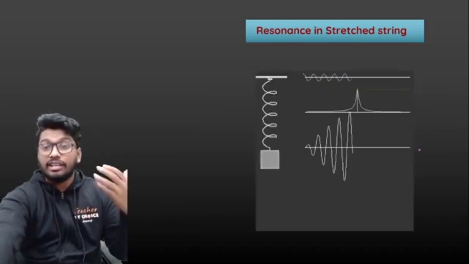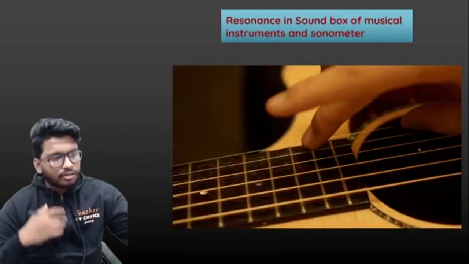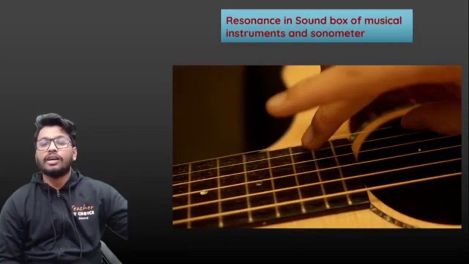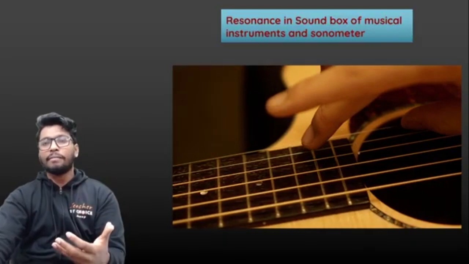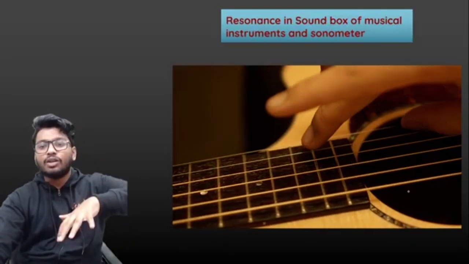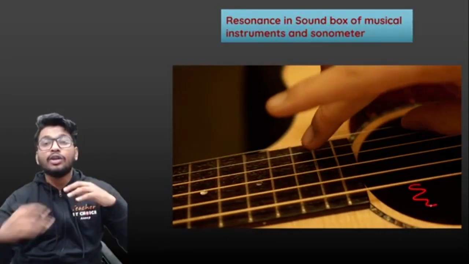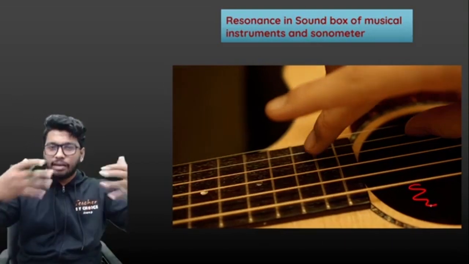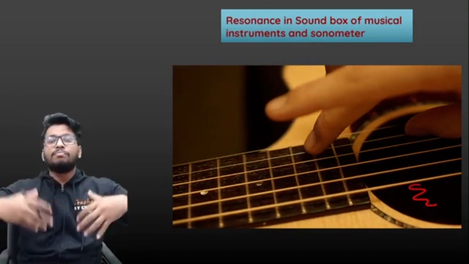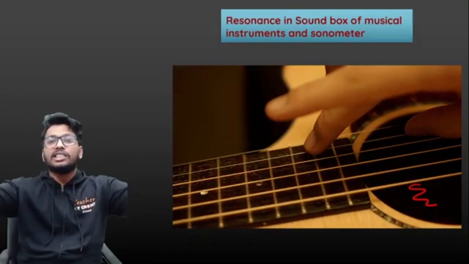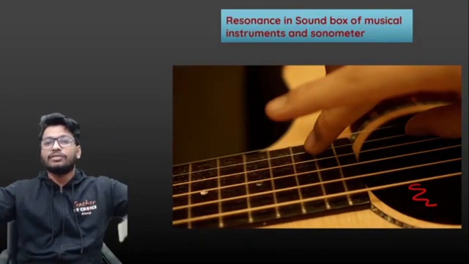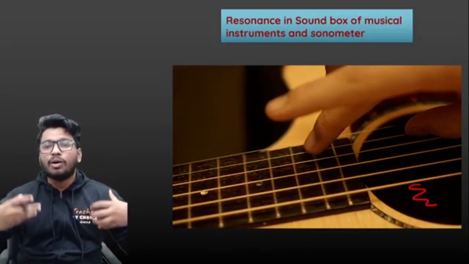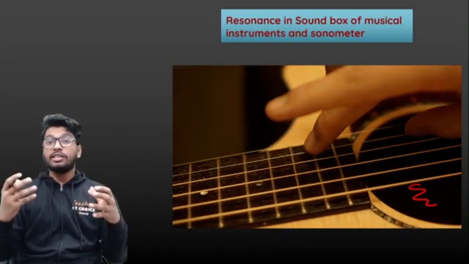Apart from that, you can see it in the case of stretched strings, in musical instruments, like the guitar. Here what happens is the string starts to vibrate the air particles below. The air particles inside that box, like I just told you, start to amplify that sound because the vibration of the string matches the natural frequency of the air particles, and suddenly the sound is amplified and you're able to hear the sound of the guitar more clearly.